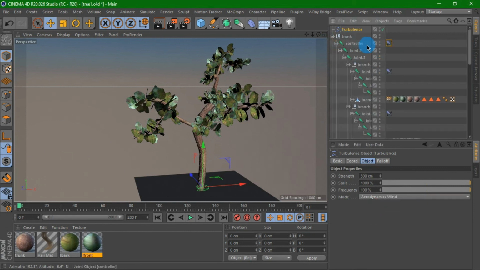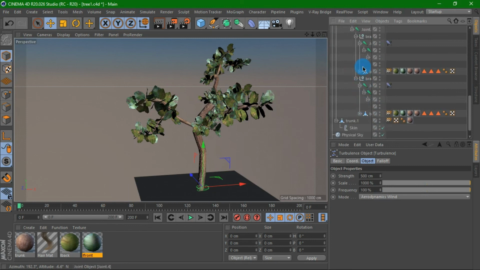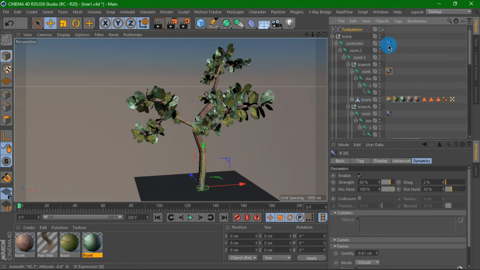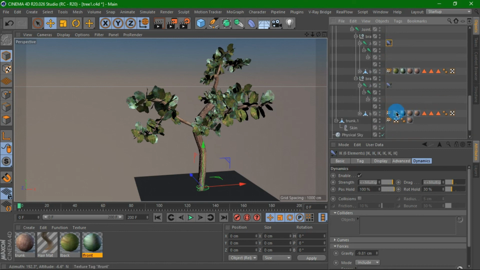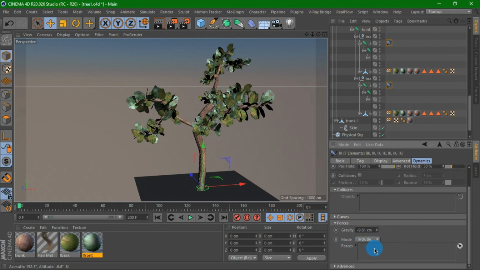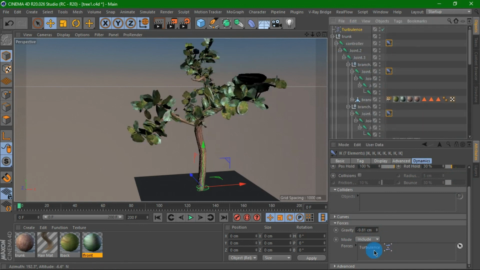Then go to our trunk, collapse every branch that you've created. I think it's good. Then select each and every IK that you created, select everything,